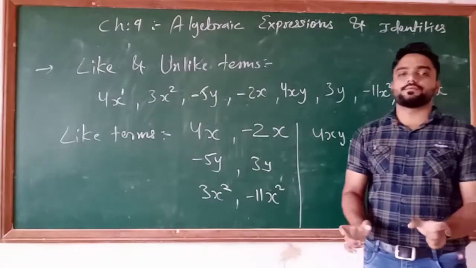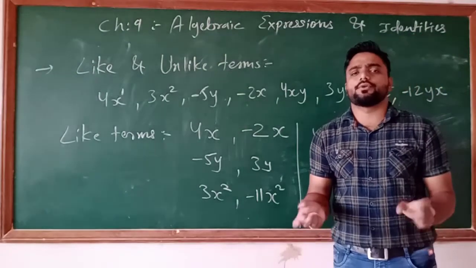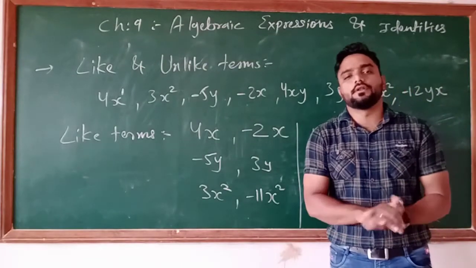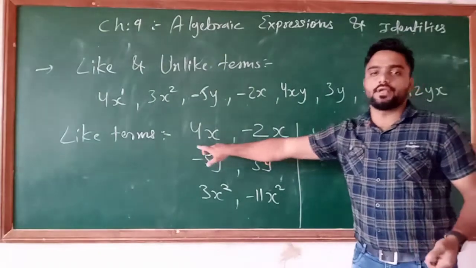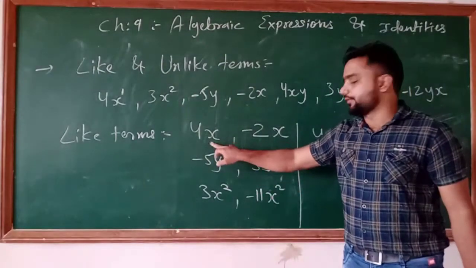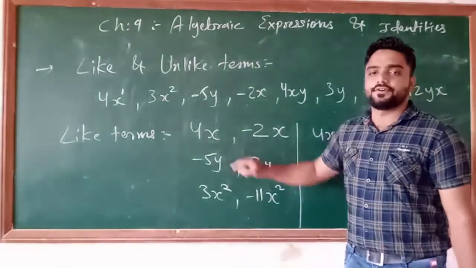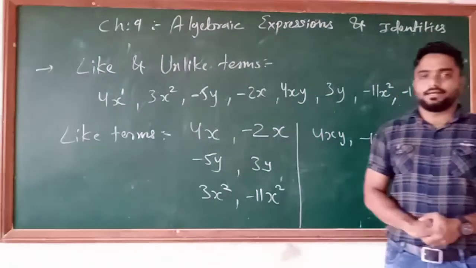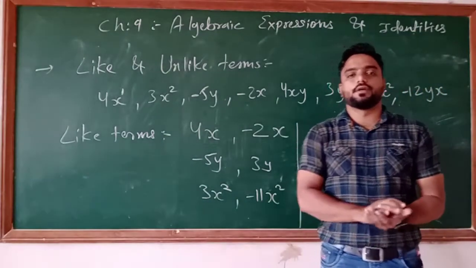And the unlike terms, that is what? Both having different variable, or you can say both having the same variable but different degree of the variable. So it is called an unlike term. That means what? Here 4x का unlike term कौन सा है? इसमें से आप कोई भी ले सकते हैं. Okay, unlike terms of the 4x, that you can take -5y or 3y because both having different variable. Understand or not? So they are considered as the unlike terms. So this is the concept behind the like terms and the unlike terms.